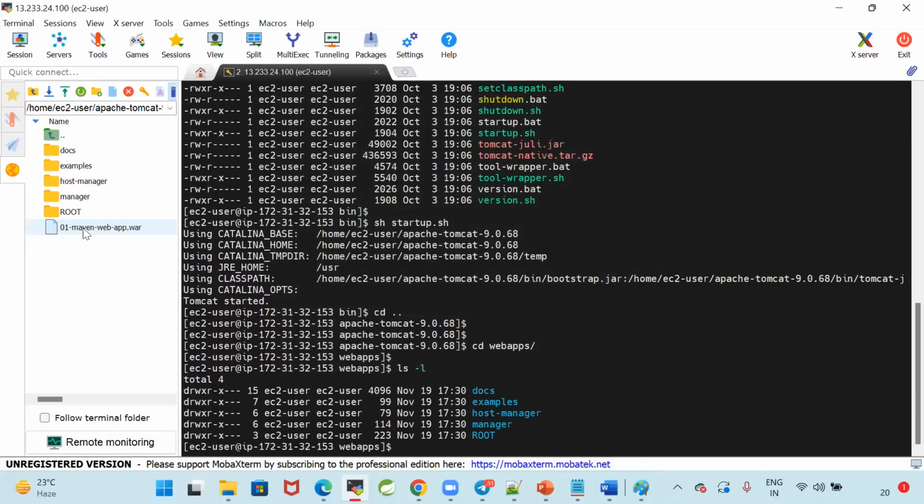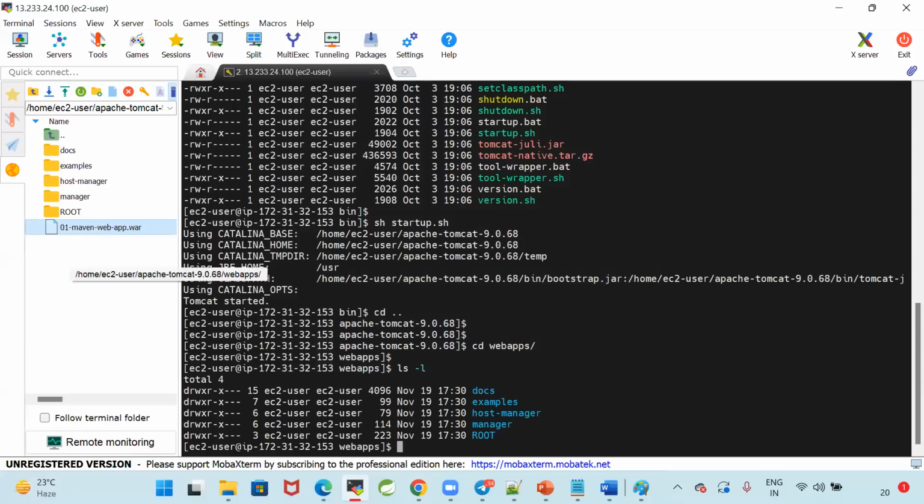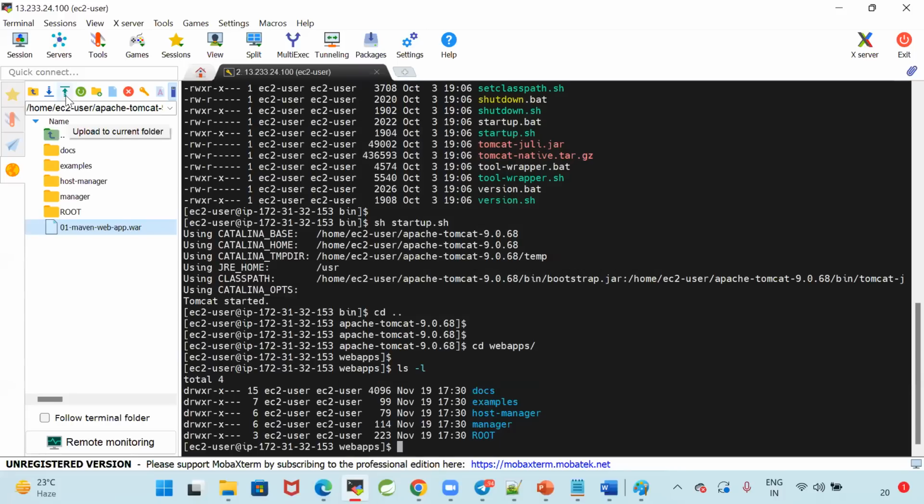Can you see how I have uploaded the war file? You can see the right side section. I have uploaded the war file again. Are you guys able to see the upload button here on the right side? I'm keeping my mouse cursor, so currently I'm pointing to